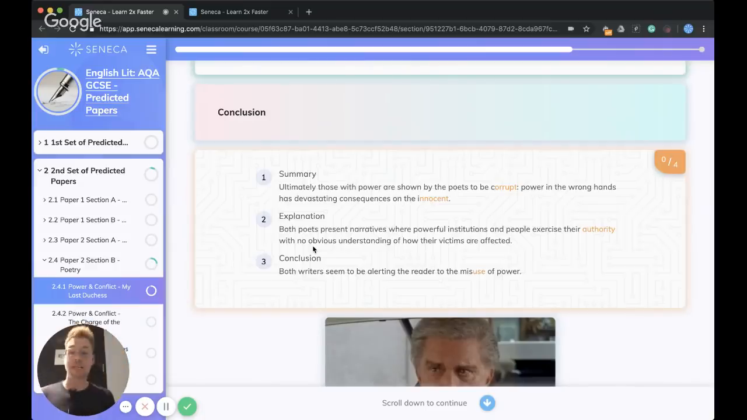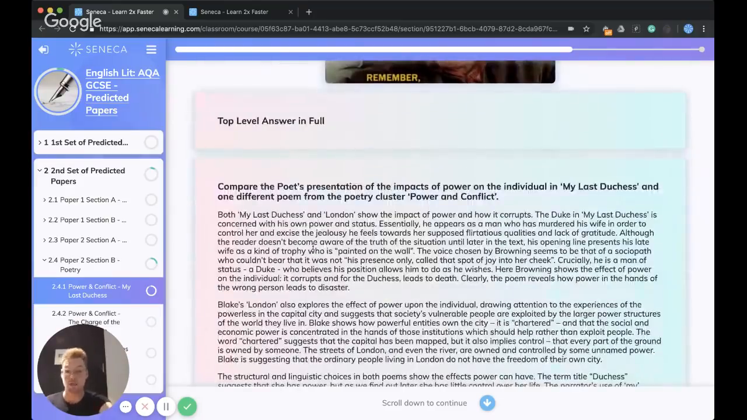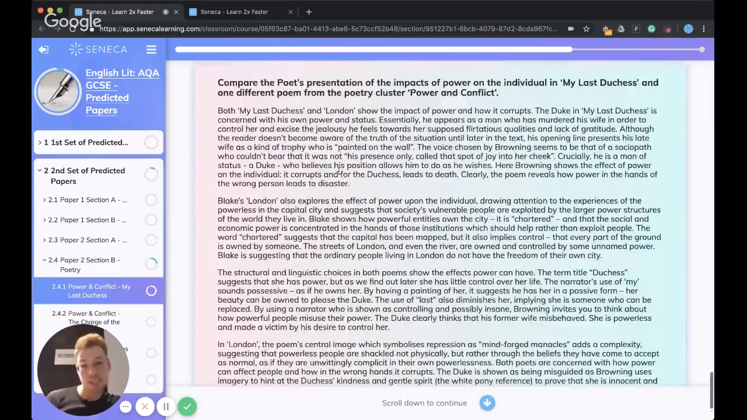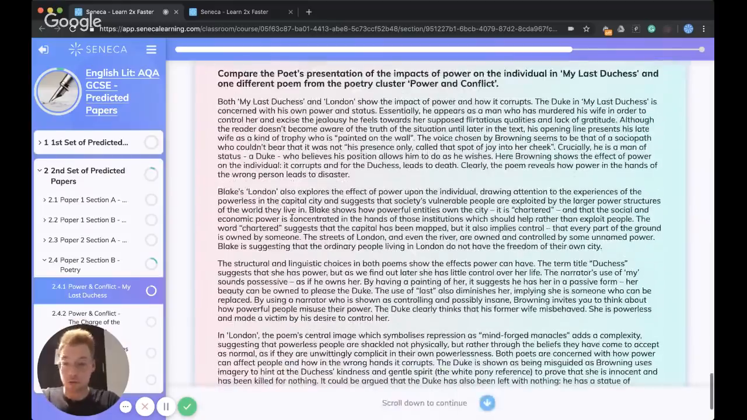So that is how I would structure the essay. Here is a top level answer, so 7 to 9 in full. This is what we've just talked about, and you will see the structures in there. I would maybe pause the screen, take a cheeky screenshot, just as a nice little read over. I'll scroll down too so you can get to the end. This is a good example of how to structure